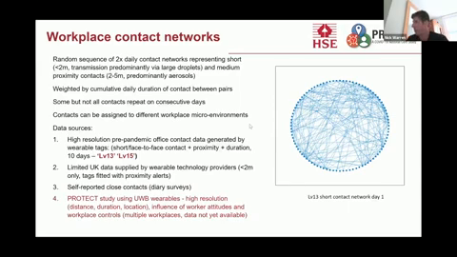So that will hopefully provide us with better data and data reflecting different types of workplaces, because there's no reason to suppose that contact patterns in an office are anything like what they are in food manufacturing, or indeed what they might be like in car manufacturing. So gaining contact data with this high resolution in terms of distance and duration of contacts in these different types of workplaces is quite a priority for us.